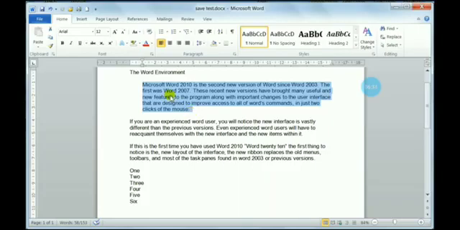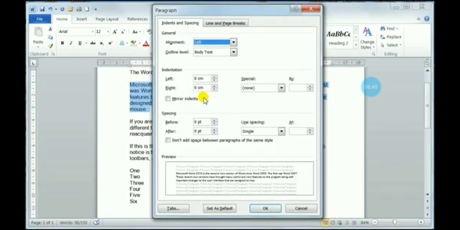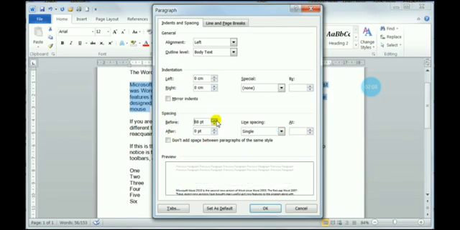So now I hope you are able to understand what is hanging, what is the first line, and how we can change it. Okay, now we are at the line spacing. That's where single line spacing is. I've shown how to change a single line. There is a multiple line spacing also. You can choose. Okay, before and after is also there. How much space you have to give before the paragraph starts, after the paragraph ends. In this way, you can give a value also. You can see over there as I'm increasing, as I'm decreasing, the space is also increasing and decreasing.